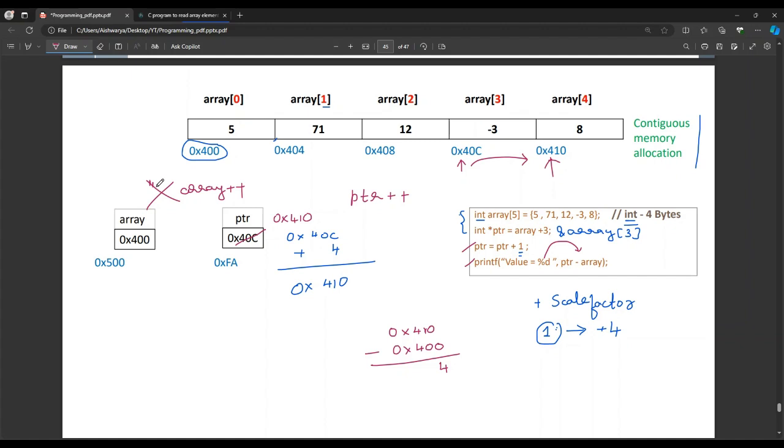So we are trying to measure: array is pointing here, the first element, and PTR was earlier here, now PTR has moved here. So we are trying to do the subtraction between the first and the last. So how many elements are there from the first to last? So this would be the value. If you run it on a compiler, this would be 4.